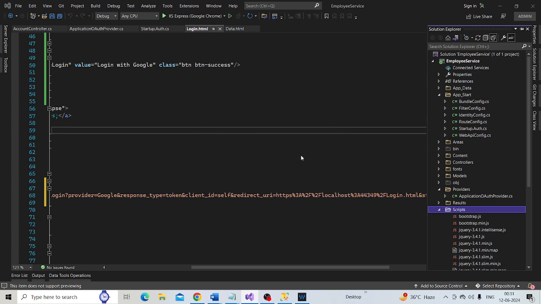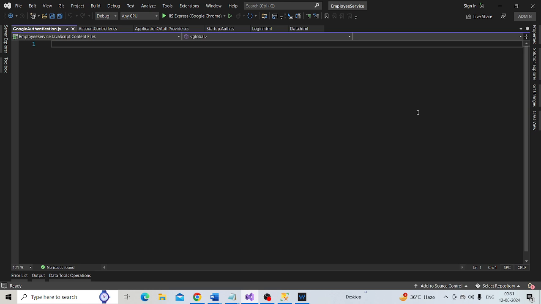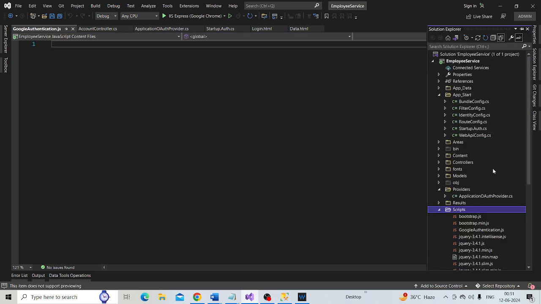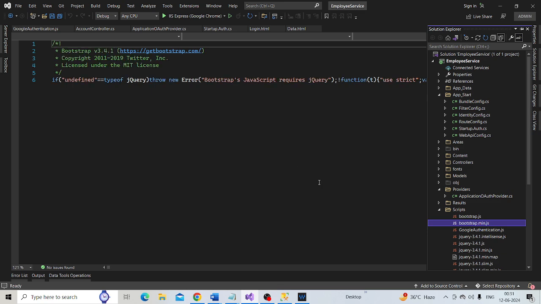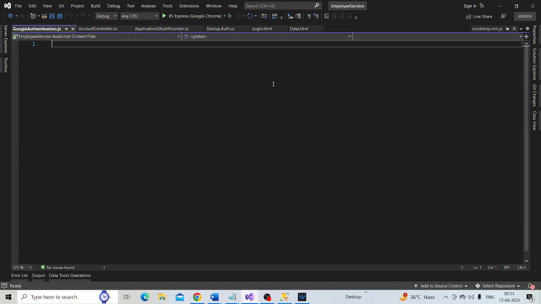Click OK. And we are going to make use of jQuery.